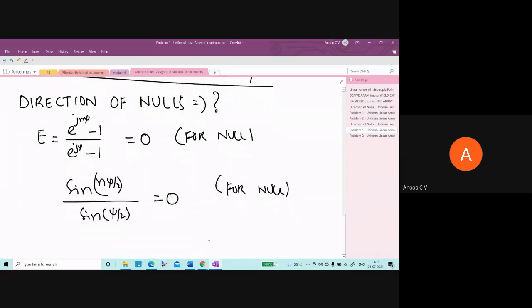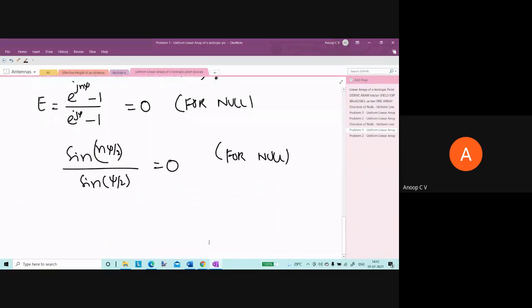So it is not like the case which we have seen, two isotropic sources. There the cases were like cos of pi by 2, cos pi, so only one term was there, the denominator was not there, right? But here the numerator is there, the denominator is there. So if a fraction has to be 0, the numerator should be equal to 0, or the denominator should be equal to actually what? Infinity. But that case we don't consider. We'll consider the case when the numerator is 0. So either in this or in this, the numerator should be equal to 0.